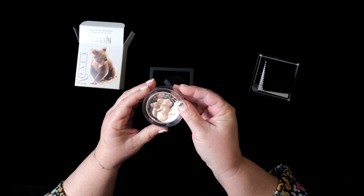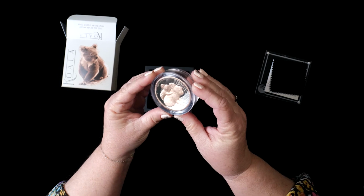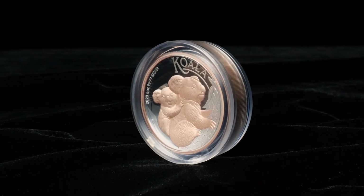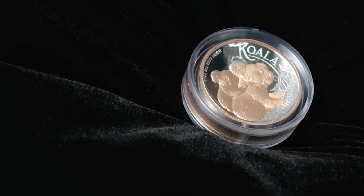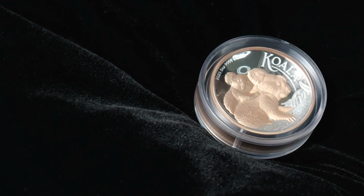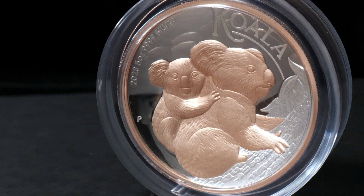Struck from 99.99% pure silver, this 5-ounce Australian legal tender coin portrays a cute koala climbing a tree branch with its joey clinging to its back. Both koalas and the coin's rim are gilded in stunning 22-carat pink gold. As you can see, the coin has been struck with an extra deep blank to showcase its superbly detailed design